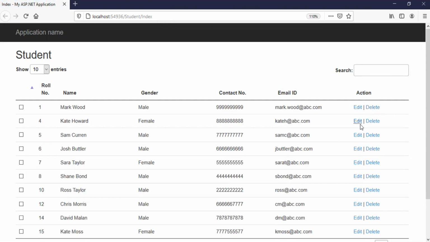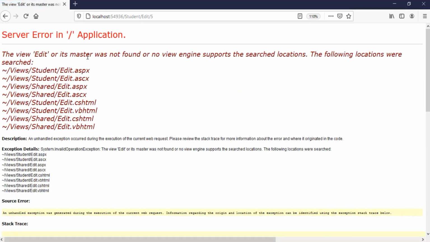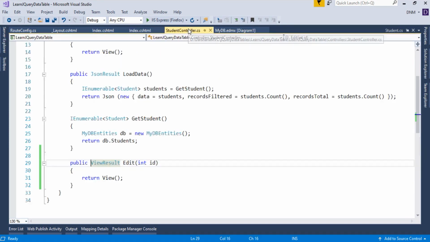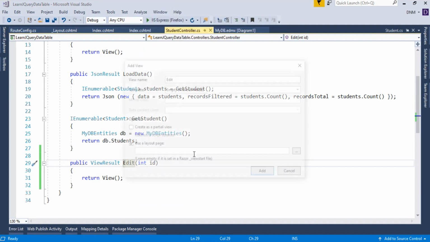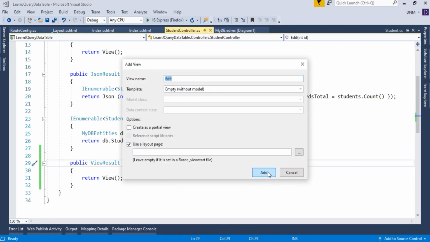Okay. So I'm clicking over here. But what happened? We made one mistake. We didn't add an edit view. So let me add that view, and then we will debug it also. Here I have to right click over the action method and then say Add View. The name of the view is going to be edit.